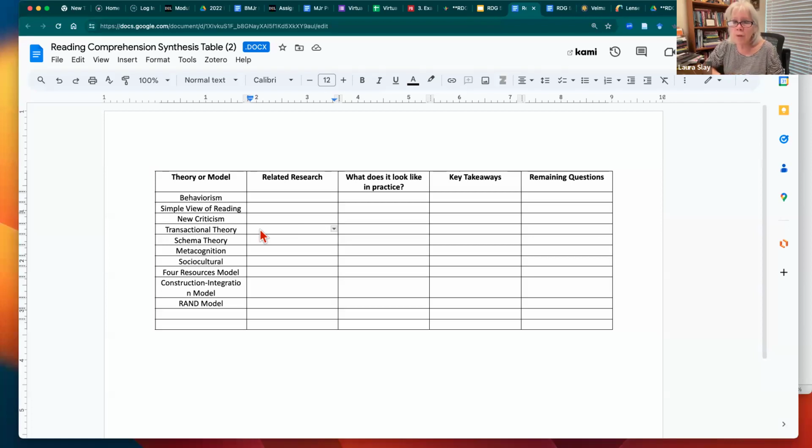But there are other people that have done a lot of research in terms of sociocultural. There's the four resources model, Turner and somebody or other. There are four people that are associated with that. But you're also going to find other people who have done research related to these models or theories